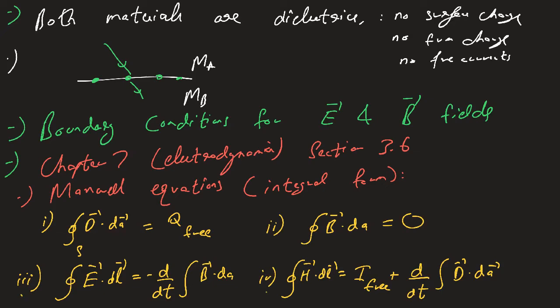Okay. So let's first derive our first boundary condition. Let's call it boundary condition 1. Now if you refer back to the Maxwell equations, using Maxwell equation 1, okay, we find that